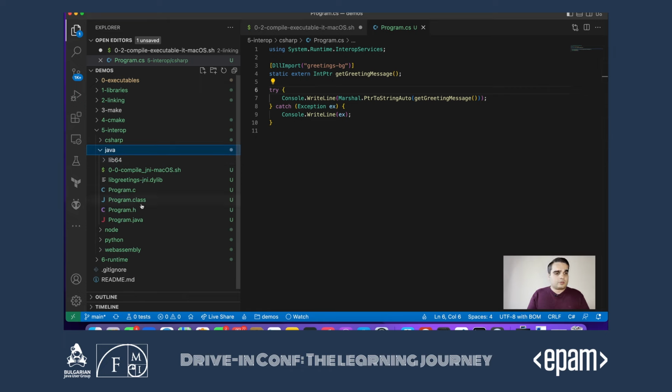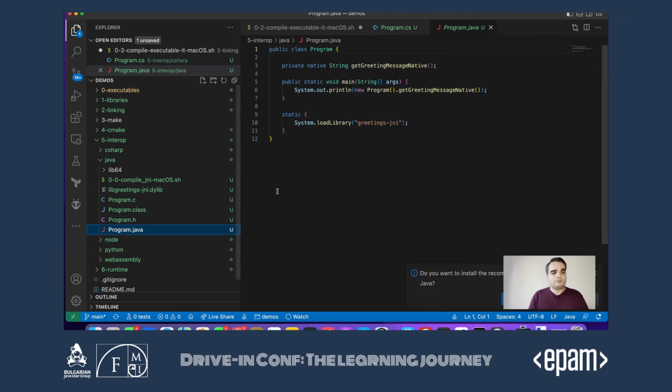Then we can do the same in Java. For Java, the process is a little bit more involved. There are some headers, but let's say we have a simple Java program that prints a result from a native method. We call this native because we need to provide some glue code for Java to be able to marshal the data. There is no automatic way in which it can marshal the data. There are some other libraries like SWIG that we can use to generate that glue code, but it really depends on how you would like to do that.